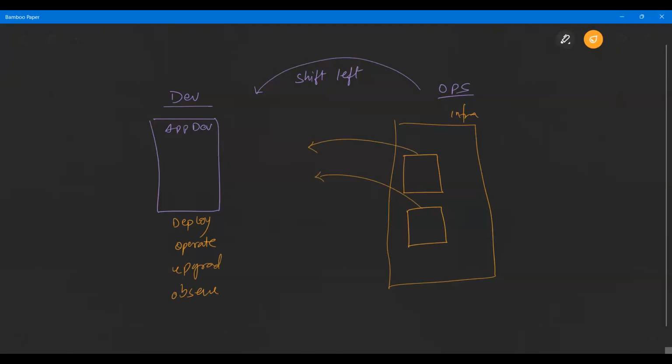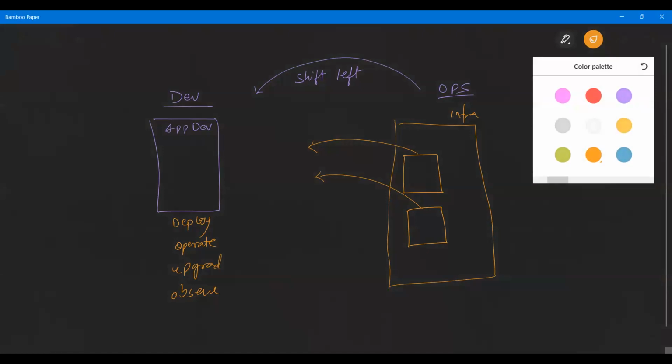Via some way. Maybe these are Kubernetes nodes, or maybe on Kubernetes, they give permissions to run some pods, whatever. They release some access for the development team. And then the development team, when they develop their product,